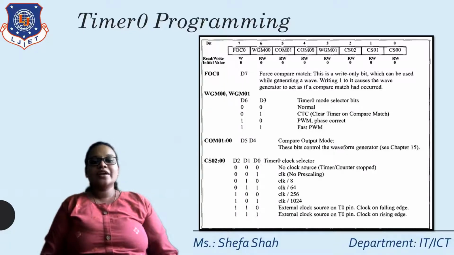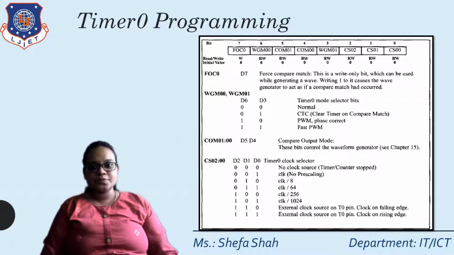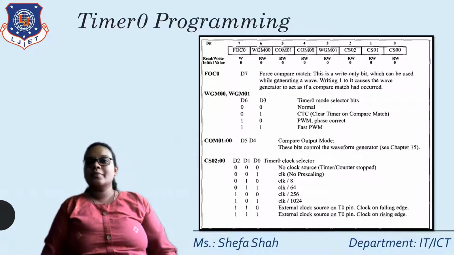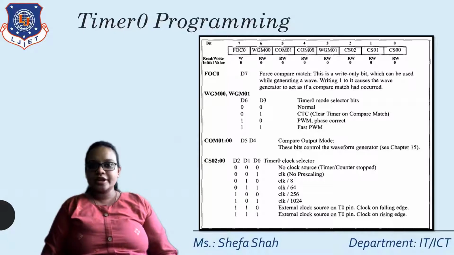Clear? Now, when we come to the last 3 bits, that is bits 0, 1 and 2, CS00, CS01 and CS02. As there are 3 bits, it will have 8 combinations, starting from 000 to 111. Each code will have a predefined function. So 000 stands for no clock source. No clock source means that whenever all the 3 bits are 0, the timer will not work and the timer will stop. Clear? So for making the timer stop counting, we need to set the last 3 LSB bits to 0, 0, 0.